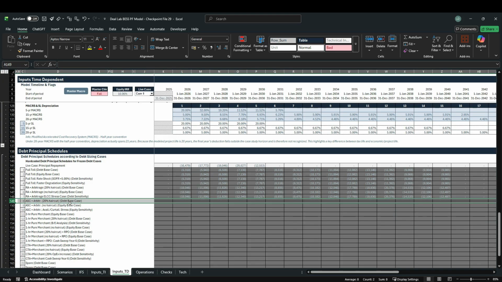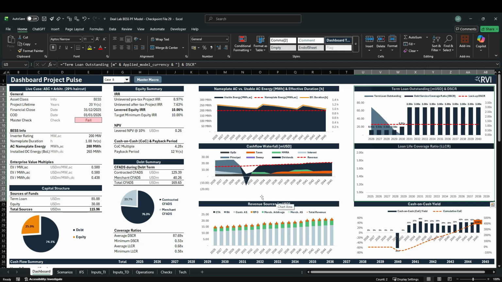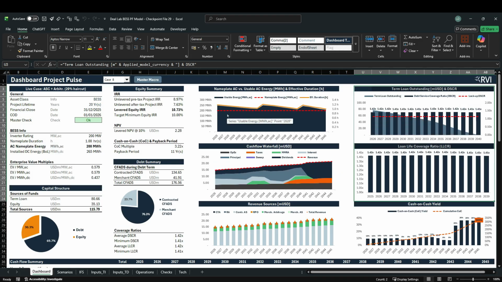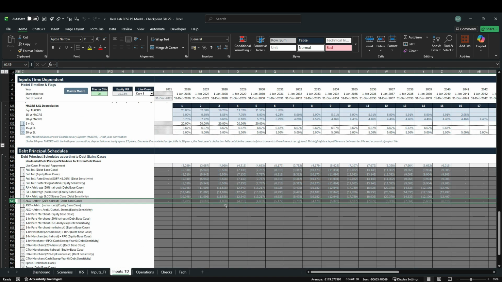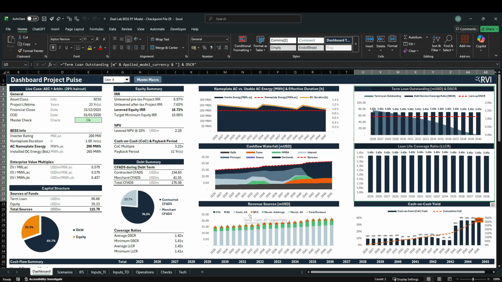And you will see for case 8, our debt is still blank. So in the dashboard, we should have a full equity case. Or actually, there might still be some debt applied from the previous selection. So let's run our master macro and make sure that our debt is actually sculpted according to the current case. And you can see now we actually have the hard-coded schedule applied, and our dashboard seems to make much more sense. Again, you will notice a blend between merchant and contracted DSCR in that case,